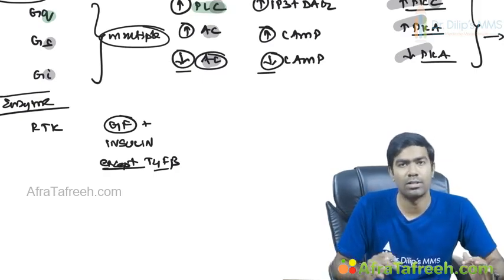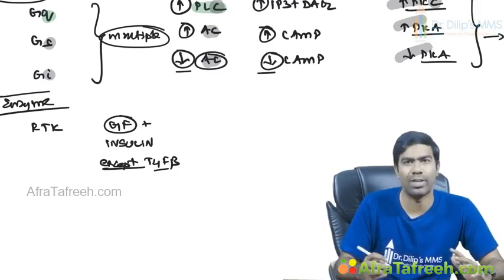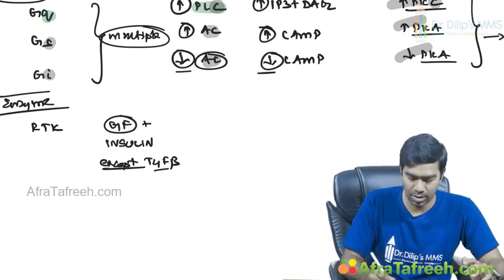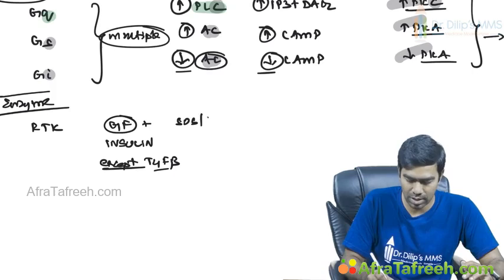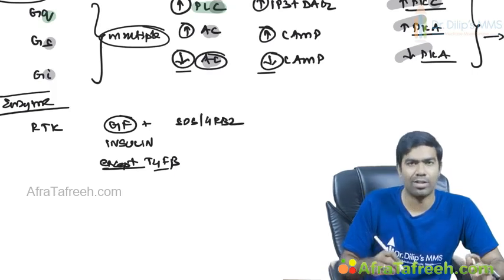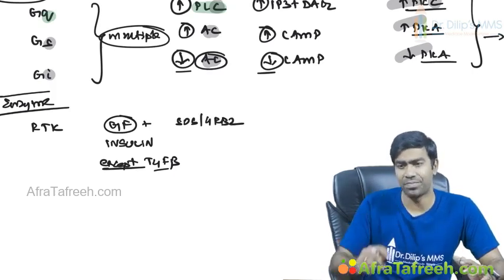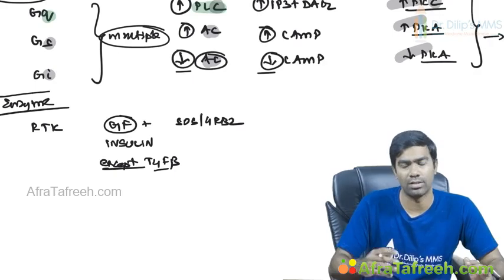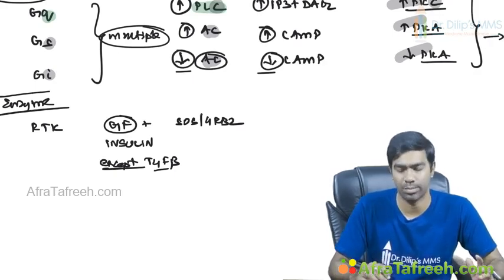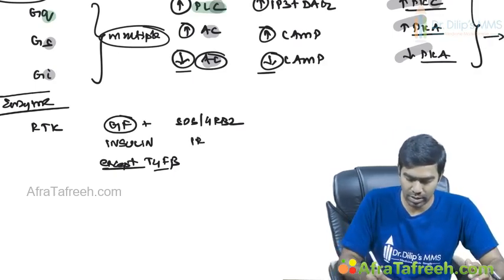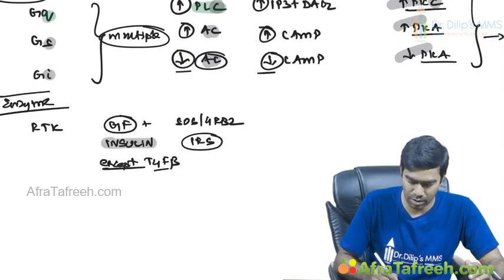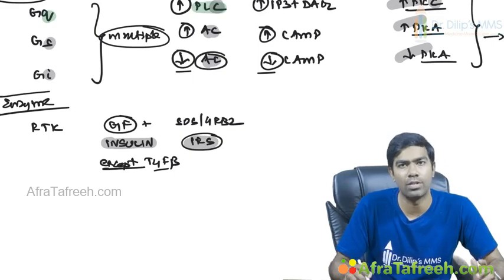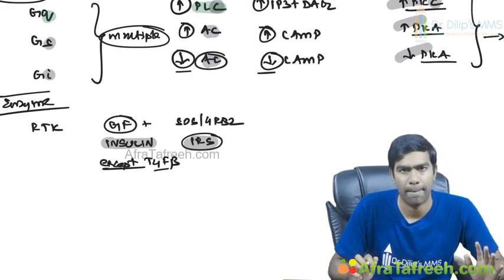So what about the substrates? Substrates for this growth factor, related RTKs will be like SOS, GRB2, examples I'm telling you. Then you have a lot of other proteins that act through this SHC, we saw that, isn't it? So all these proteins are going to act as substrates. And for insulin, it's the IRS. This is what your exam question will be. For insulin, it's the IRS. That's called the insulin receptor substrate.